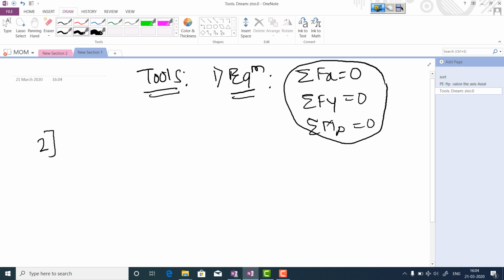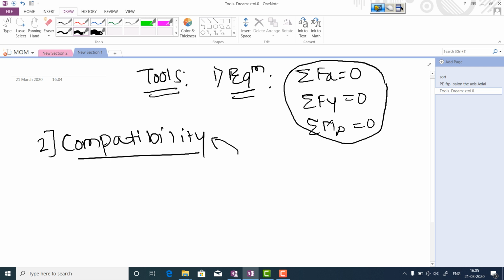The second tool: if these equilibrium equations are not enough to solve a problem, then we will also use our second tool, that is compatibility. Actually, this is the equation that is imposed on our problem because of constraint. For example,